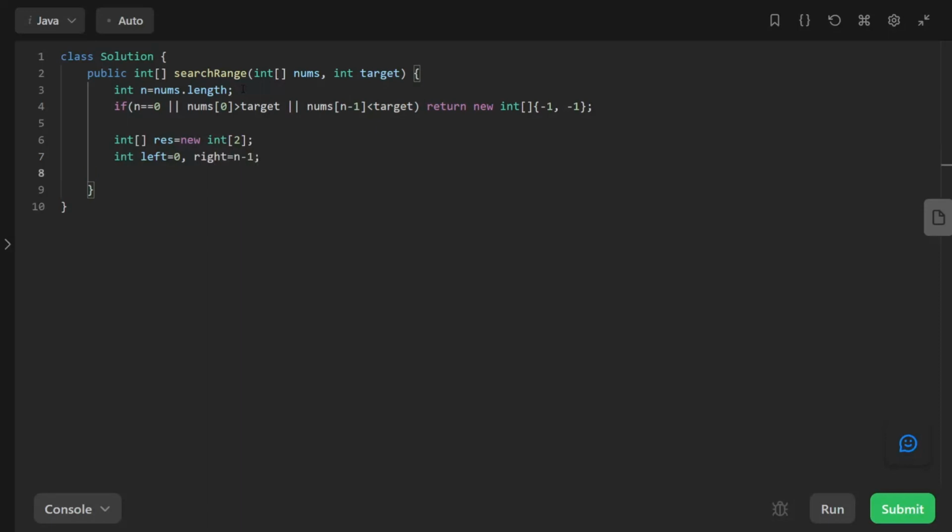Okay, now our first task is to find the first occurrence of target. So we have to keep checking until our left is lesser than or equal to right, and this will find our first element. And if we find that nums of left is not equal to target, that means no such target is present in this array, so we have to return new int -1. Okay, and if this is not true, then we have to update our result of 0 equal to left, and we have to again assign right equal to n-1,